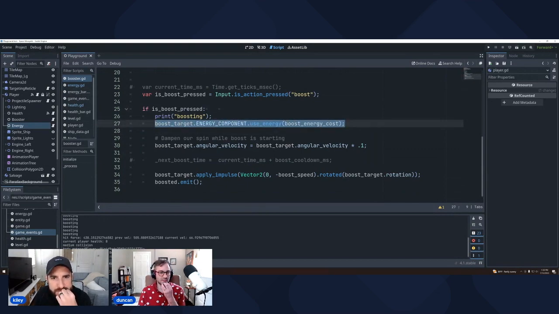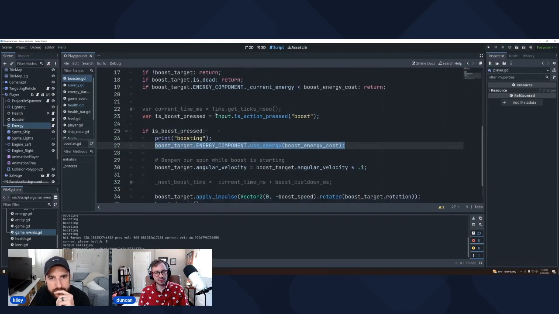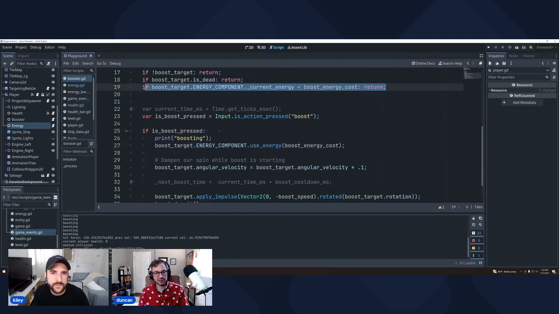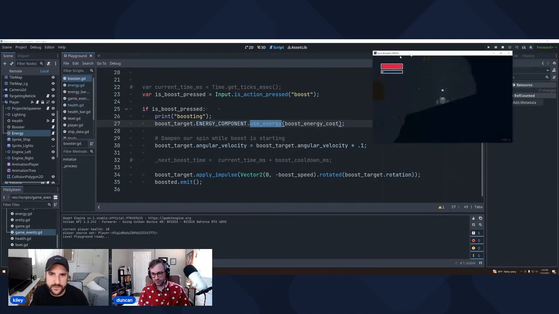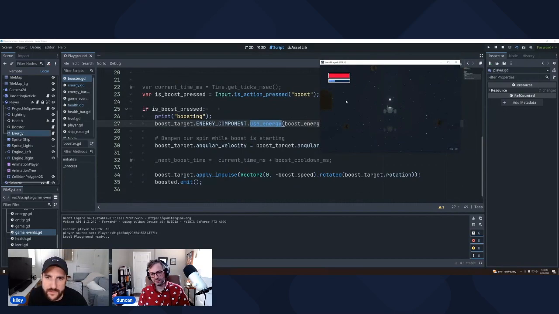So if I were to spend a little bit more time, I might put some of these functions on the player itself, where it might say, well, can I boost? And it would be telling you that based on this. And then it would say, okay, go ahead and boost. And then that would call into what it needs to update, which would be that use energy function.